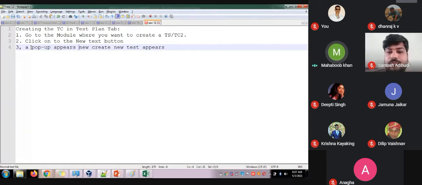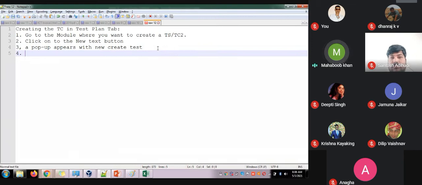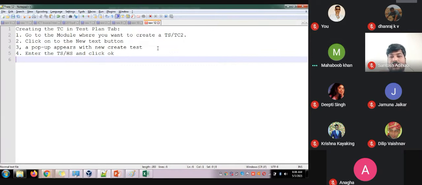A pop-up appears with the new create test window. Okay, so this is the third point. Fourth point. Enter the high level scenario or test scenario and click OK. Fifth one.